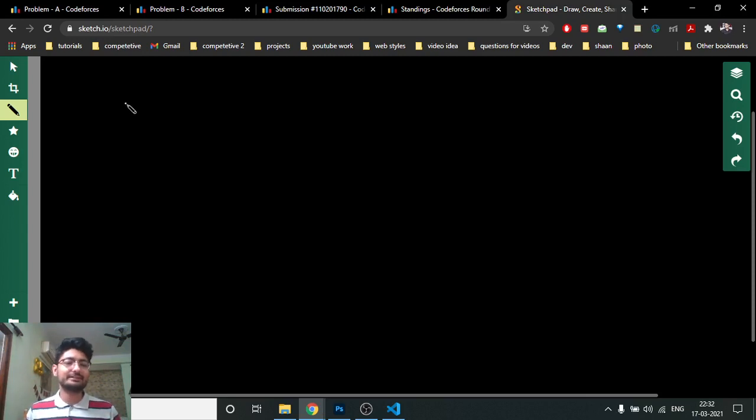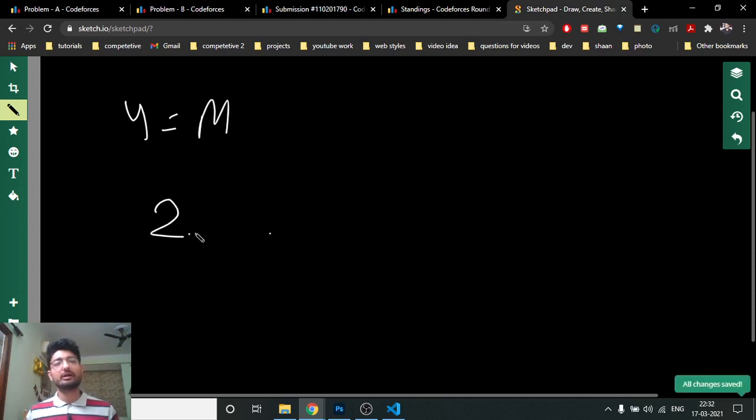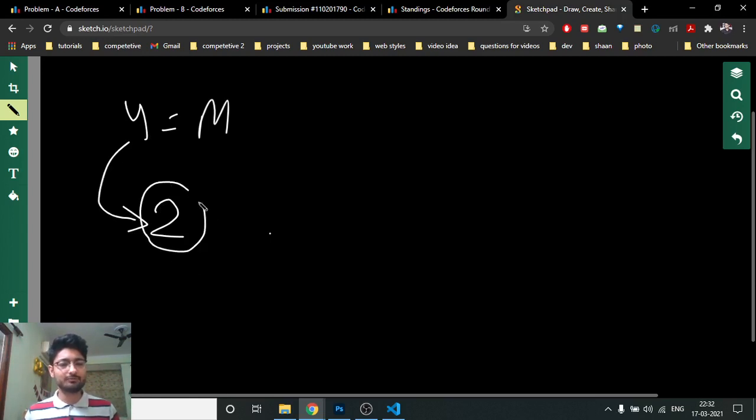Let's assume m equals 4, and I have some number which is 2, and I want to add another number such that the sum of this number and the next number is divisible by 4. Why is this number not divisible by 4? Because it gives a remainder of 2 when divided by 4.